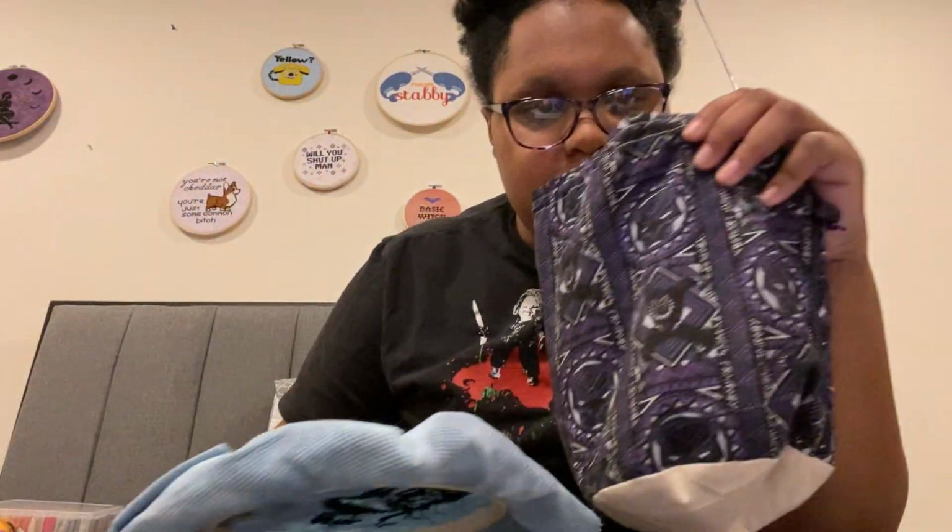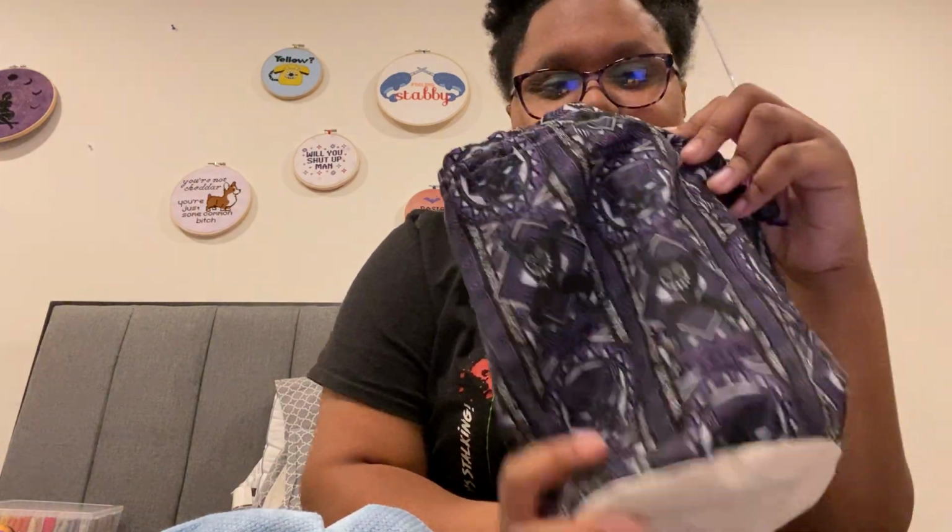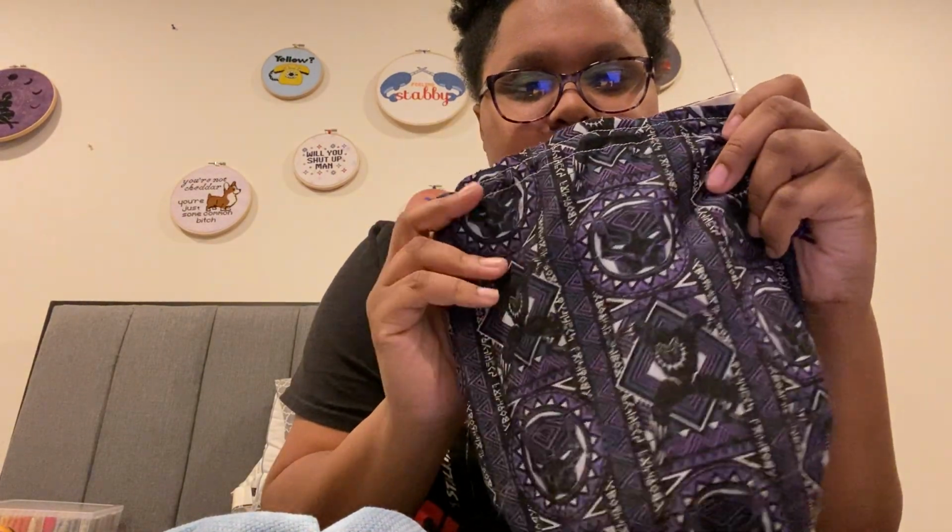And I have the link to where I got these bags from, because I've got 4. They're from Amelia X Joy on Etsy, I think, but I've got the link. But this is gorgeous. Black Panther is like my favorite, and purple's my favorite color. You wouldn't be able to tell from how I dress, but